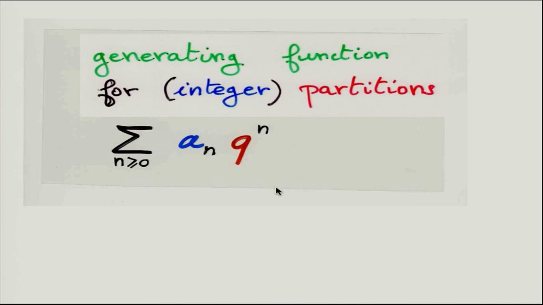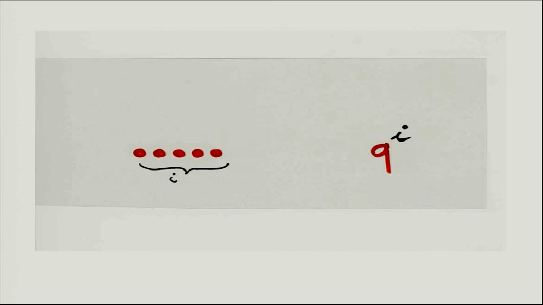So what is the generating function for partitions? Instead of doing brute force to give you the formula for the generating function, I am going to apply this symbolic calculus without defining it. I do it on an example, partitions, and after you have seen this, I will make the formalization of this symbolic calculus. So first, when you have a Ferrers diagram, there are some rows. So this is a row with i points. What is the generating function of a row with i points? It's q to the power i. So a single term.